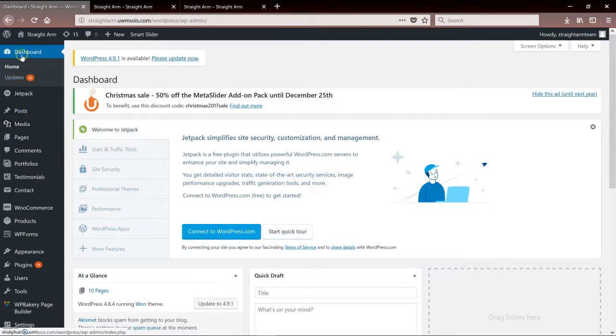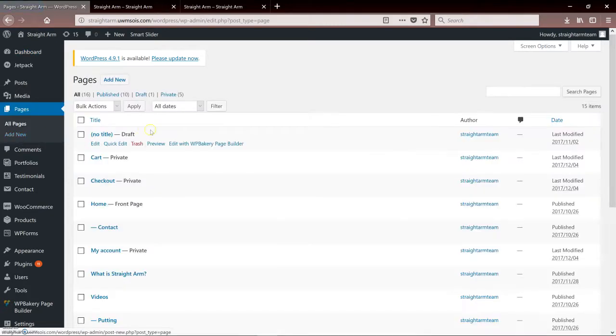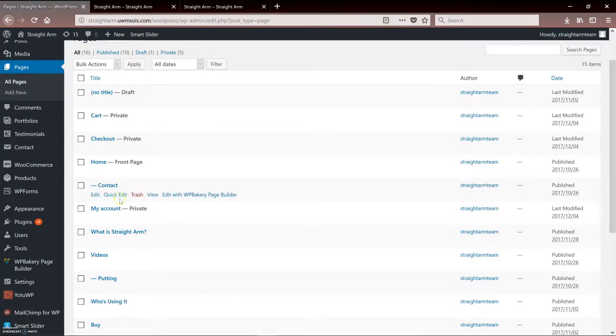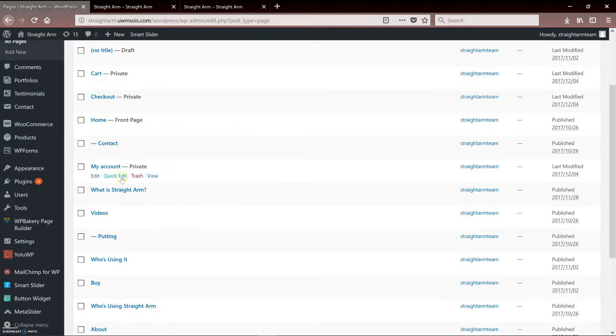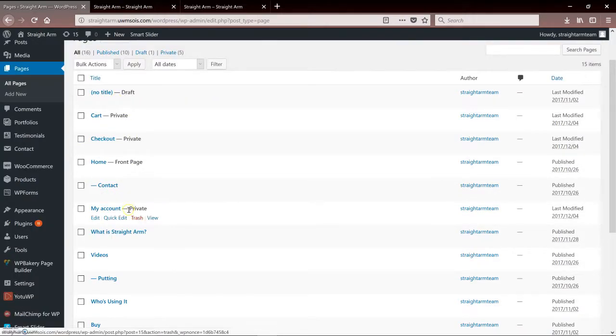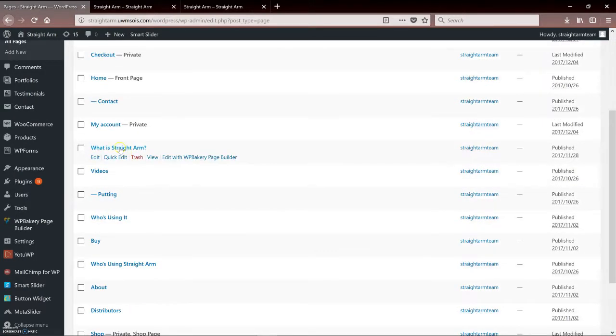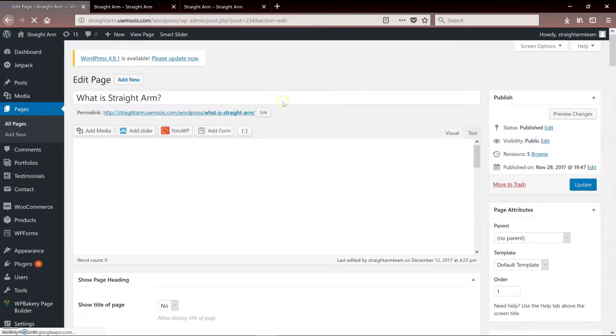But going back to our dashboard here, I think we're going to start out by looking at pages. So when you look at this left-hand sidebar and you go a couple of buttons down, you will see pages. If you click on that, it'll take you to a list of all the pages that are on your website right now. So to demonstrate, we will go to what is StraightArm. If we click on what is StraightArm, this is basically going to be the About page. And if we let this text box load here,